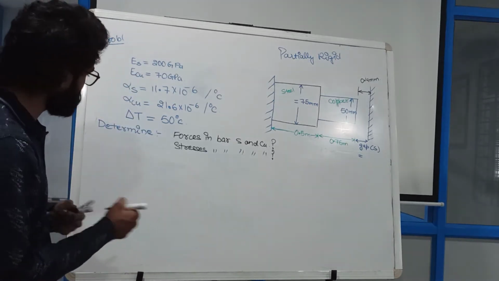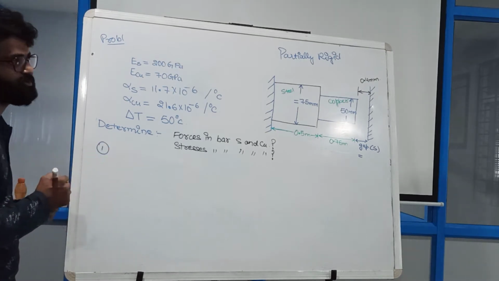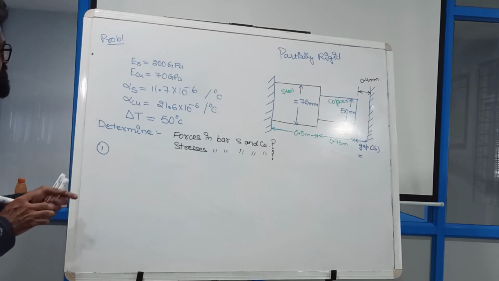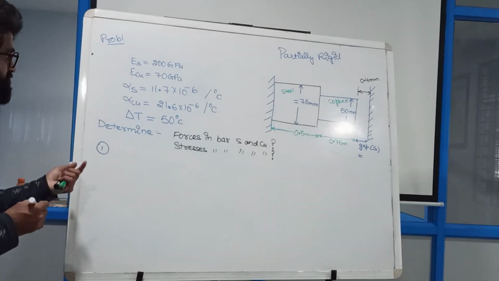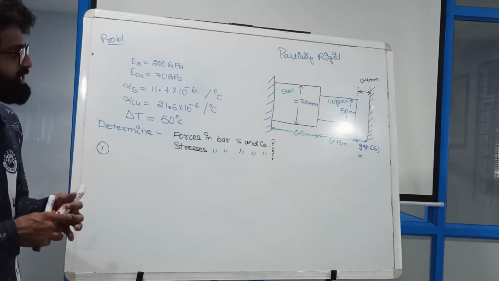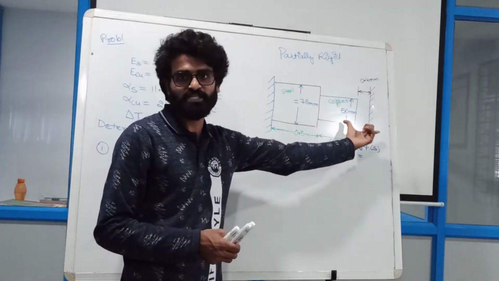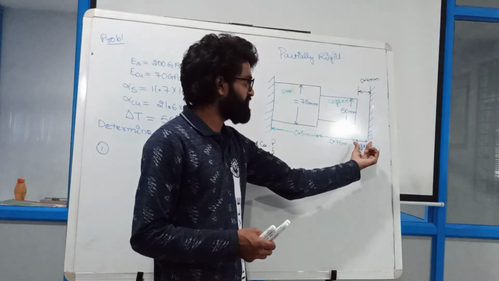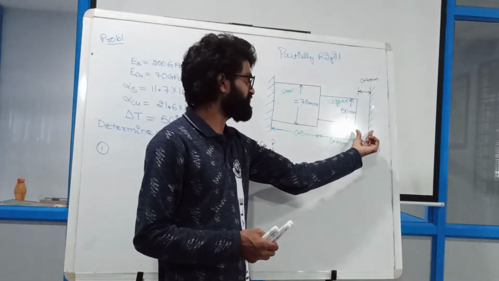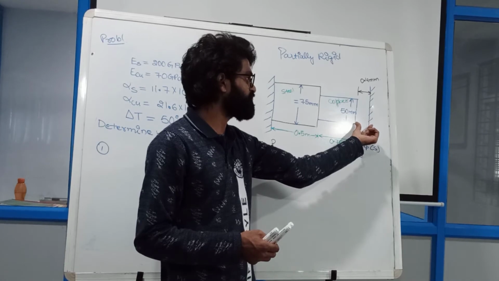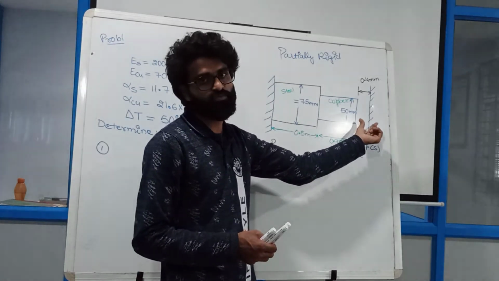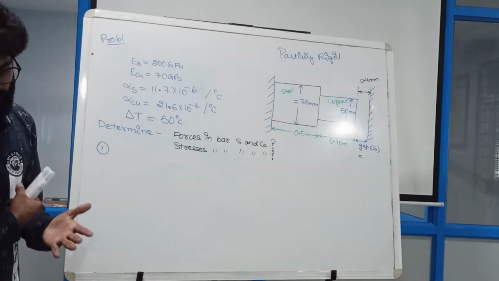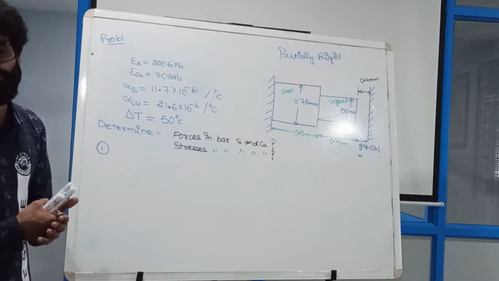So let us calculate the expansion in the bar. How much expansion is there in the bar? If you don't want to calculate the expansion in the bar like this, then you can calculate in another way as well. First of all, I will calculate how much expansion is taking place in this bar and how much it can move. If I get these values, definitely I can calculate the delta value. Once I get my delta value, I can go for my calculation of this P. You all know how to calculate P as well.